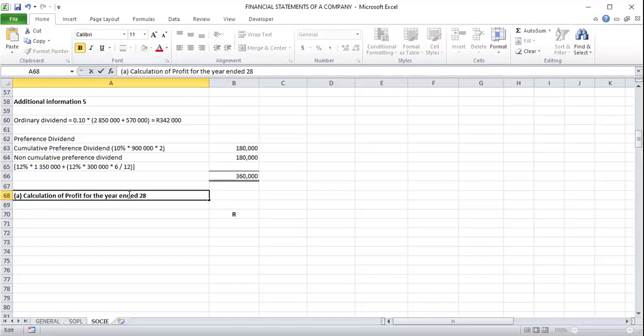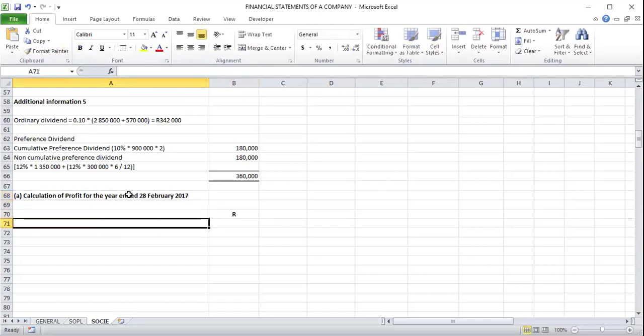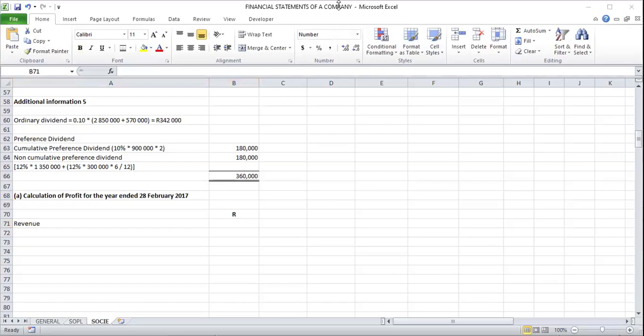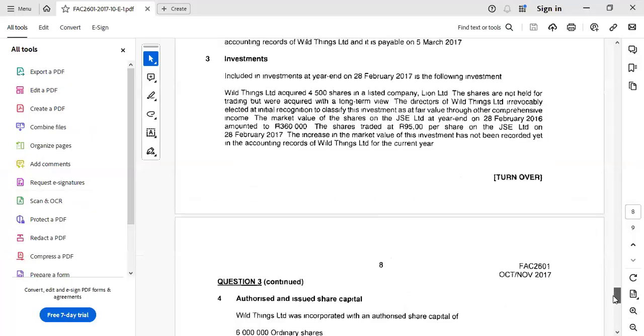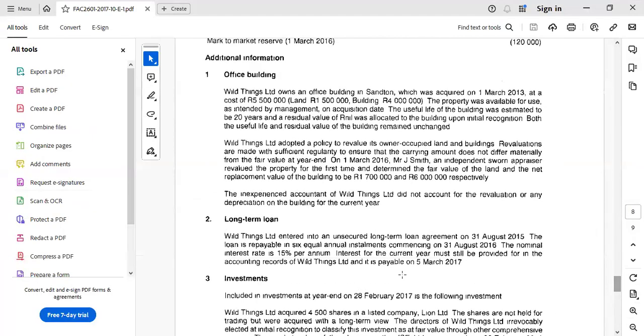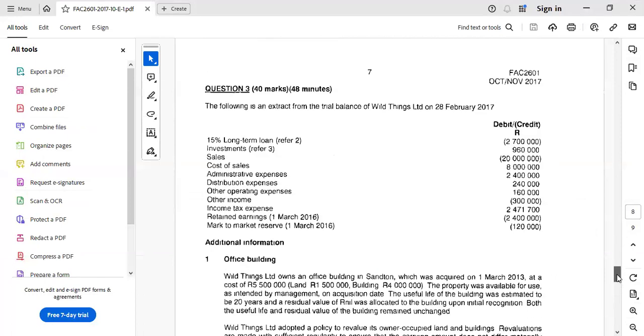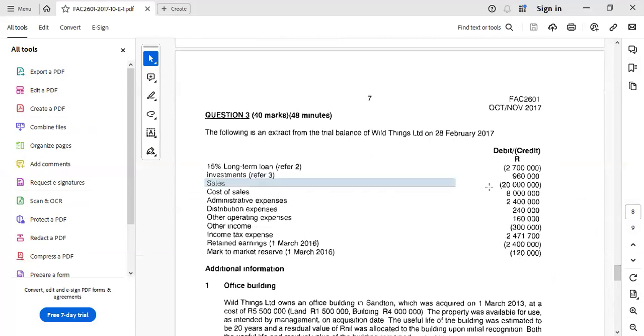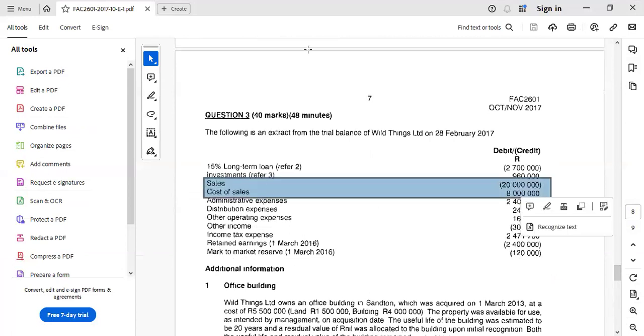28 February 2017. Right. We start with the revenue. There was no adjustment on the revenue. Right. So we'll just take our revenue here. Remember, on the profit and loss, we only have 2 adjustments. We had the interest, the finance cost, and the depreciation on number 1. So that means our revenue and our cost of sales, we'll just take them as they are, 20 million and 8 million. So we'd say